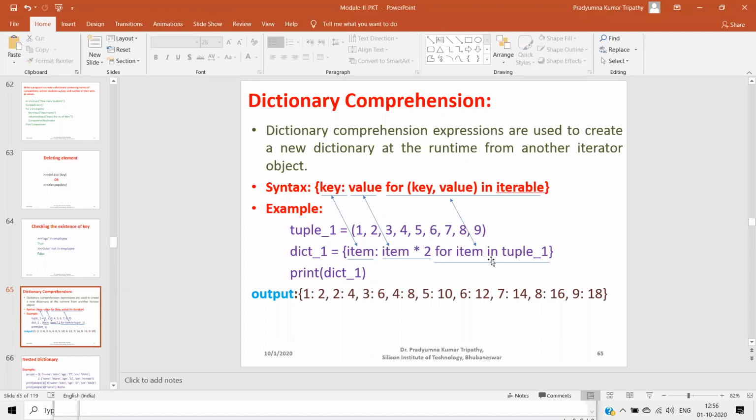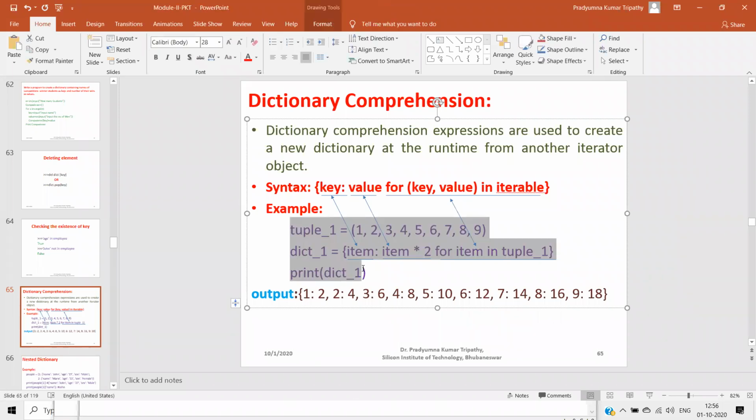Correct? So similarly, this is the for loop that I have, for key value in iterable, that I have used over here. So it is just a matching. While running the program at run time, I can put a loop, and from that loop, I can use some variables to create a dictionary. Not necessary that I will have item into 2. You can do some operation, like item colon item plus 5 or something. You can do any operation. Right? If you want to check,